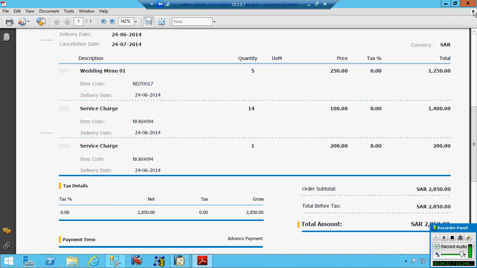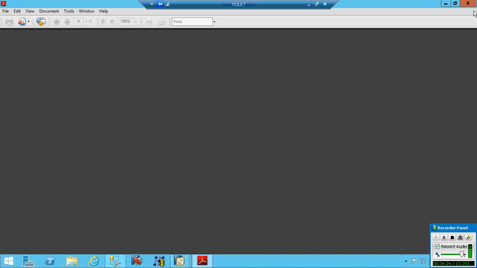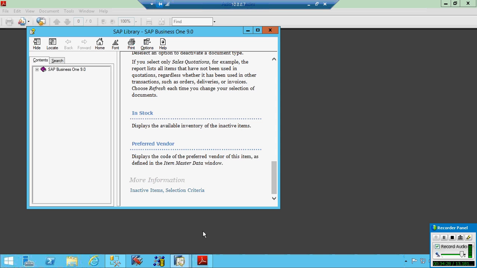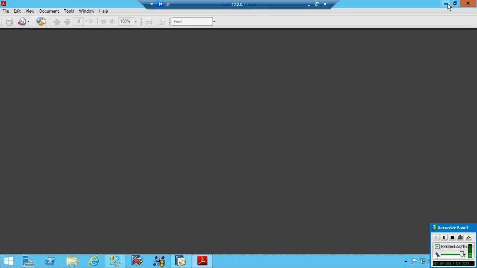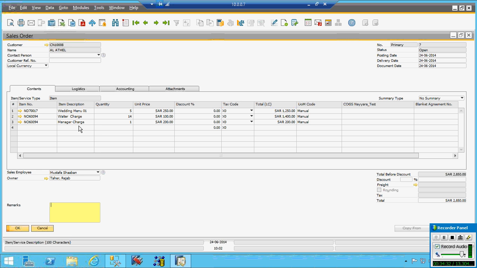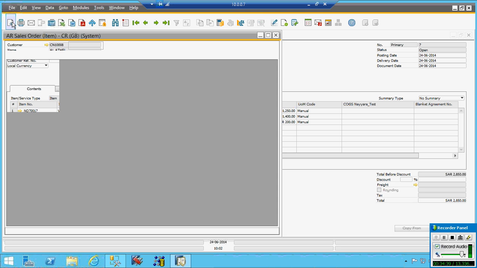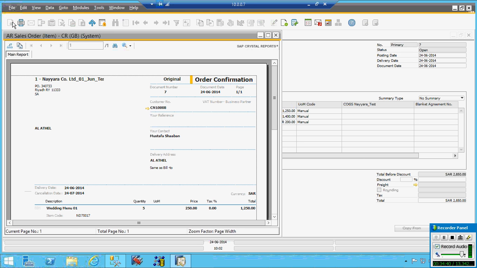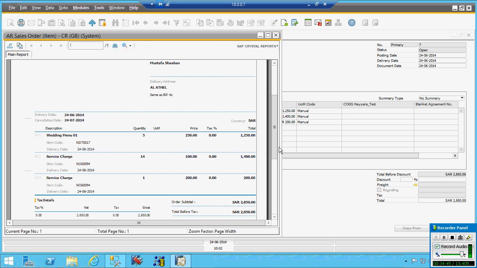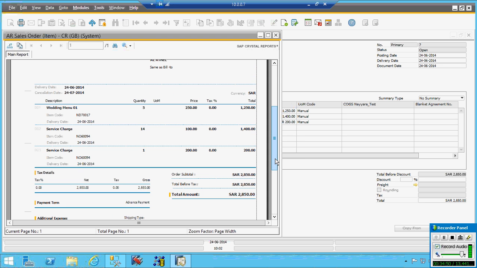Why is the print something like this? Print. Keep that.